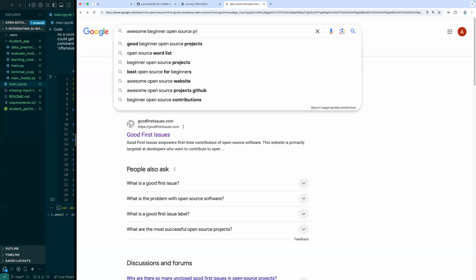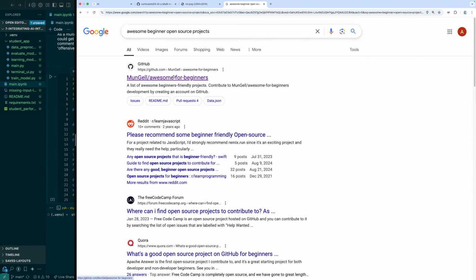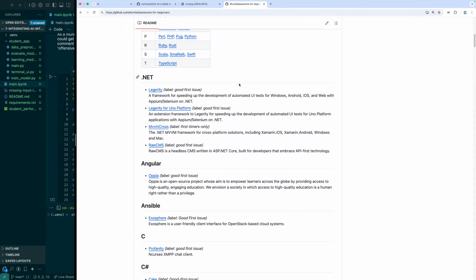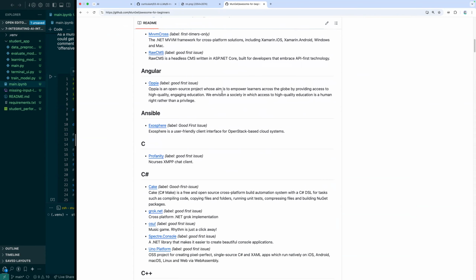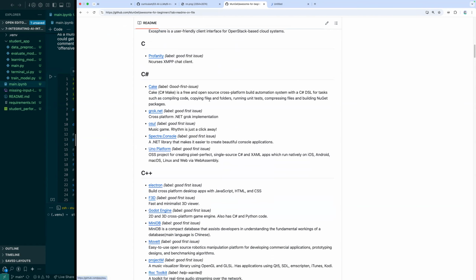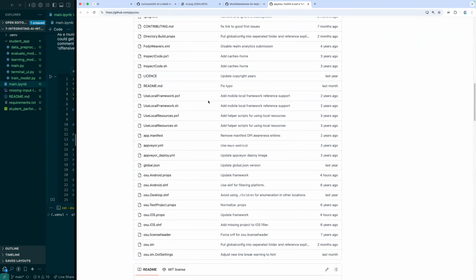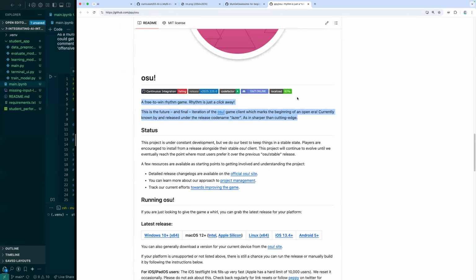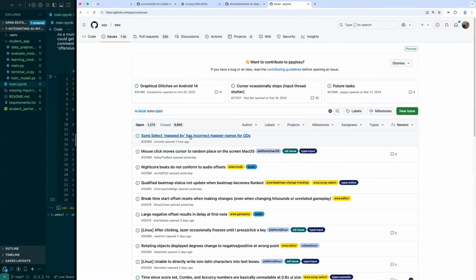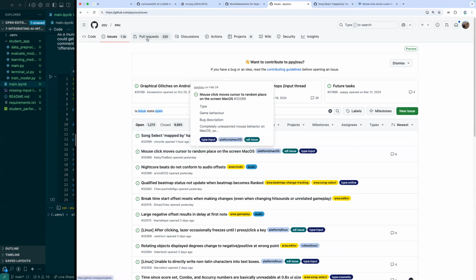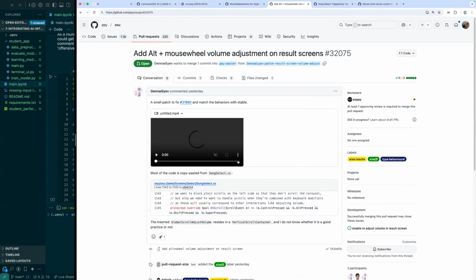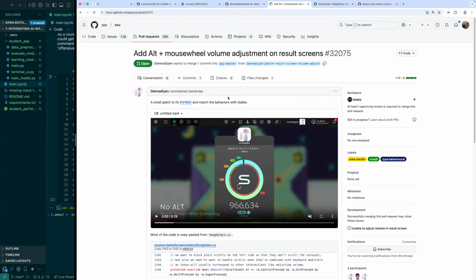And as to your point, Max, a lot of open source projects on their GitHub repos label things as good first issue. Let's see if we can find something that's not totally nuts here. Here's just some sort of rhythm game. And actually this is a good thing to show too, as to your point, Jack. If we look at an open pull request, we can in fact see